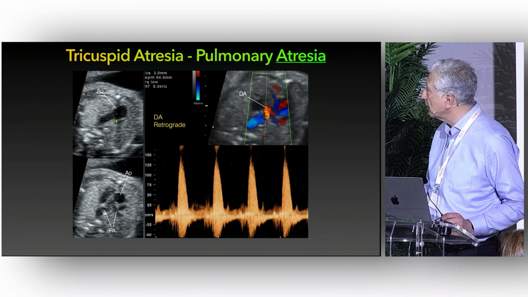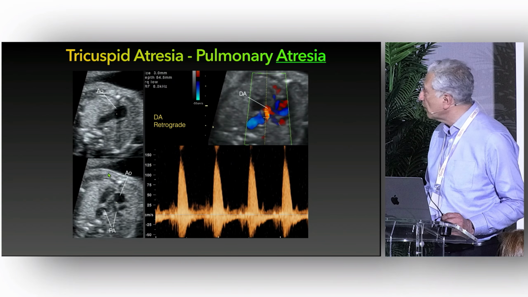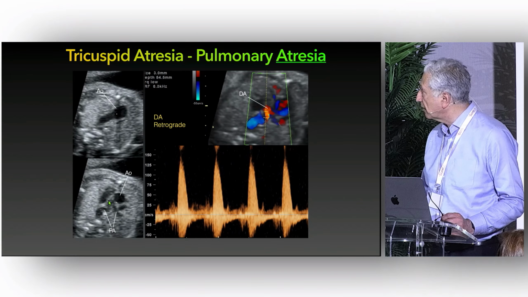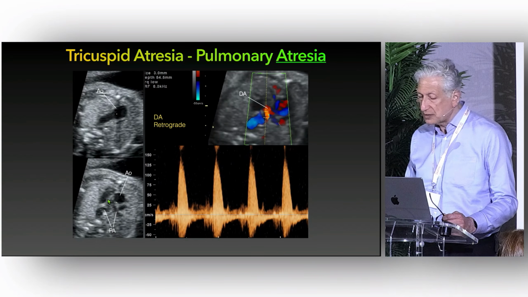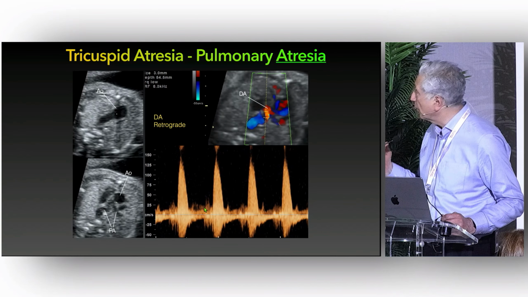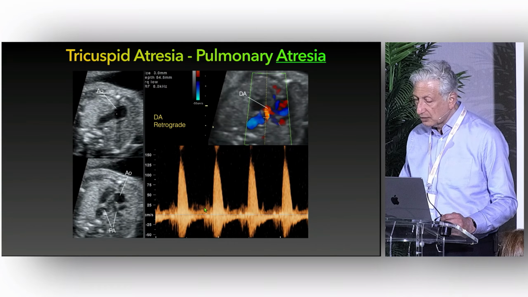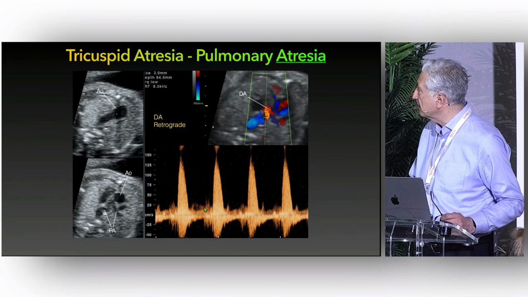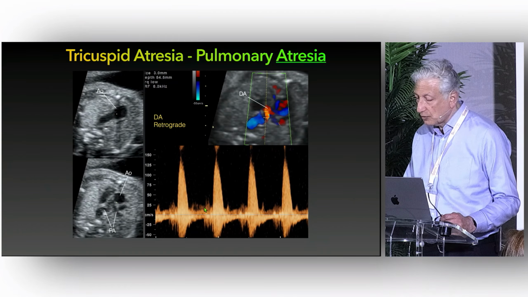So this is how it looks. You have a single vessel on 2D. You hardly see anything like a pulmonary artery. And with color Doppler, you see the reverse flow across the arterial duct getting into these tiny vessels and having retrograde perfusion